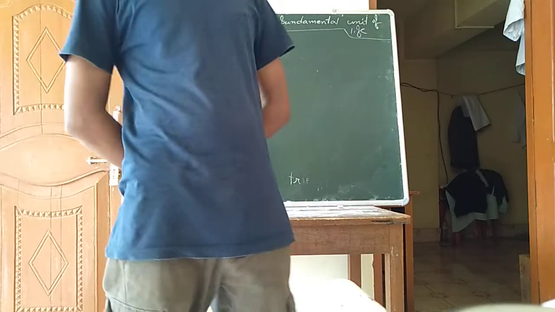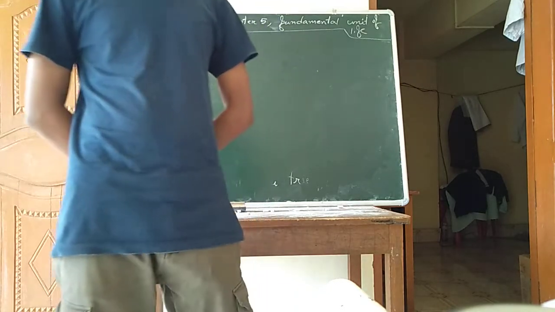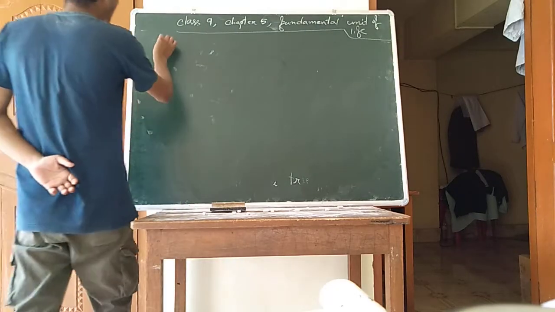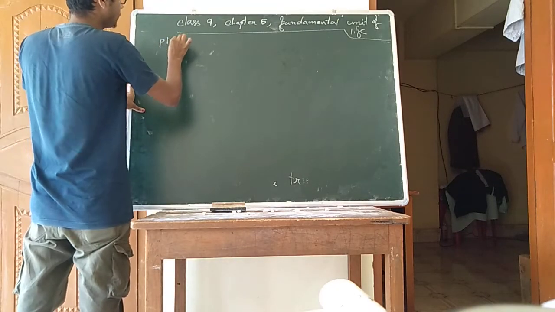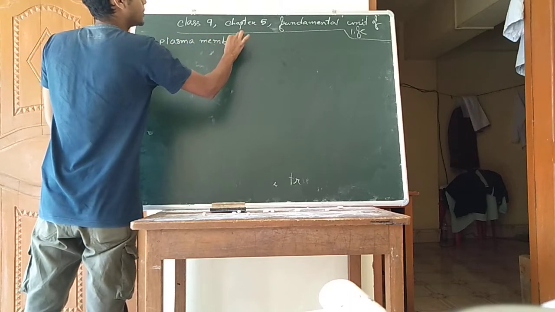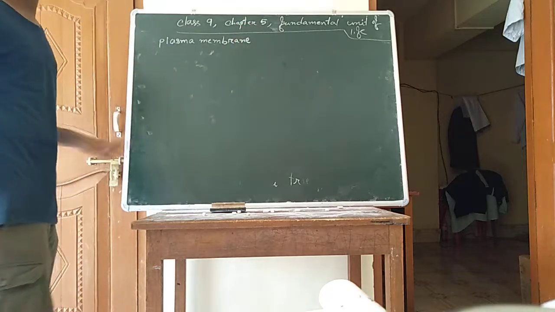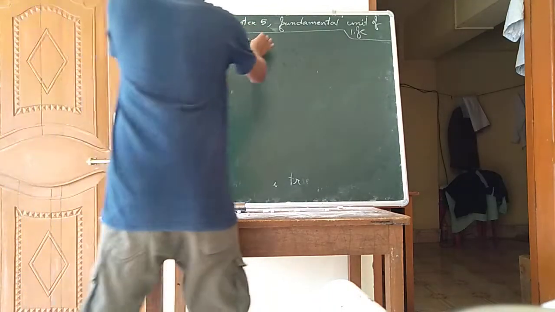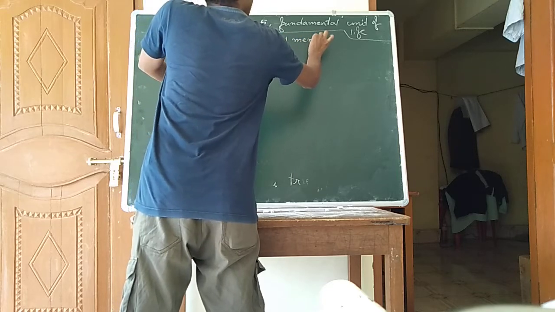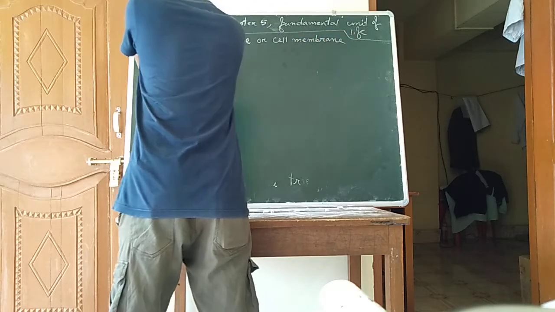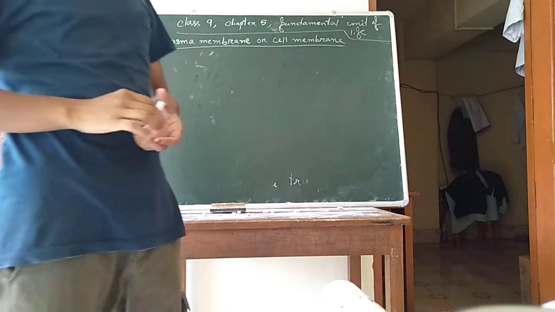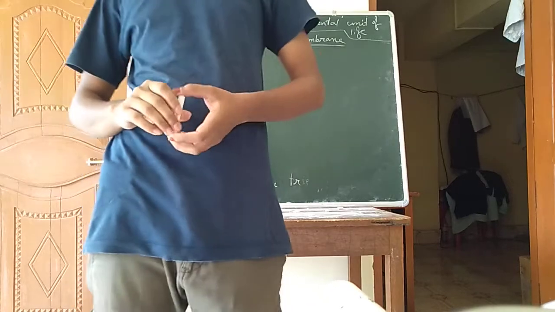For the structural organization, the first point is the plasma membrane, or cell membrane. So what is the plasma membrane or cell membrane? It is the outer lining of a cell. It is the outermost covering or lining of a cell